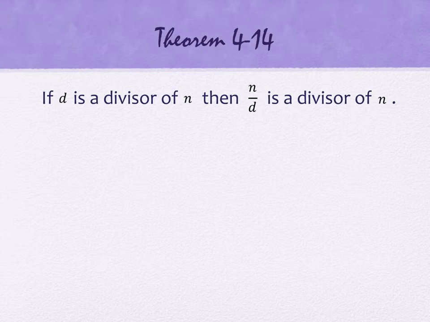Theorem 414 says, this is what I actually thought you were asking me earlier, Hannah, when I was reading your question. If d is a divisor of n, then n divided by d is a divisor of n. What this theorem actually tells you is that the divisors come in pairs. So let me give you an example of this one. For example,